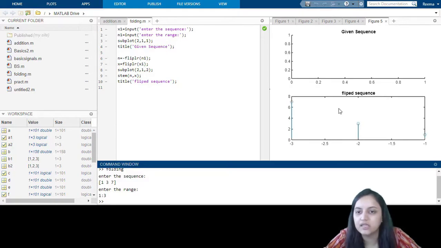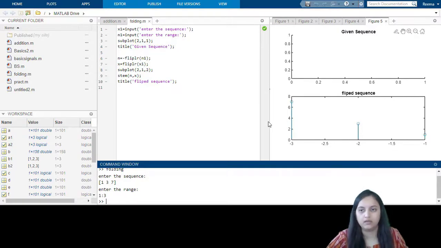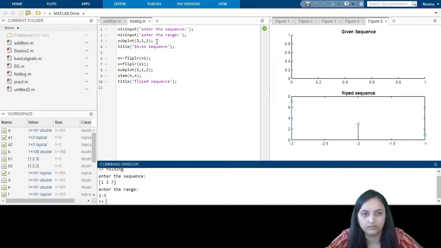As you can see in this figure, our given sequence and the flipped sequence are indicated. The given sequence, as you can see, is 1 3 7 and the flipped sequence is at -2.